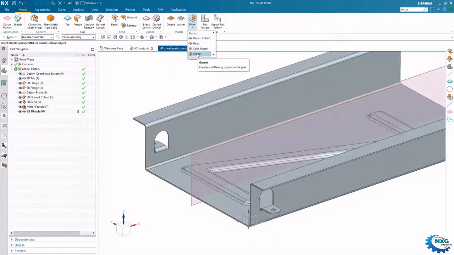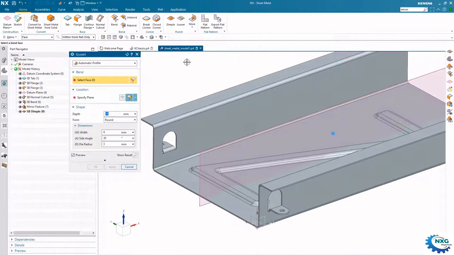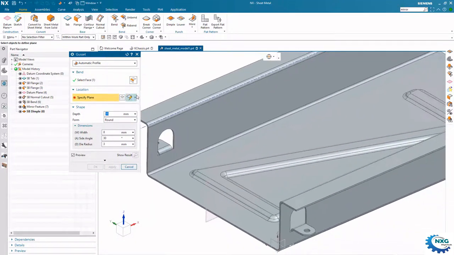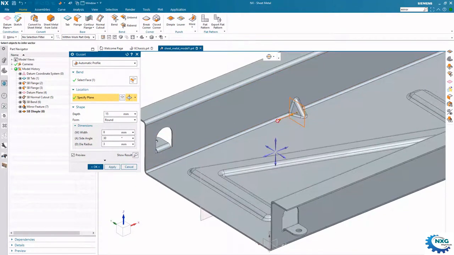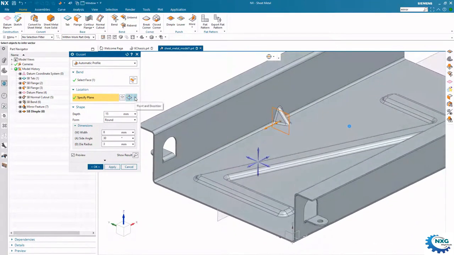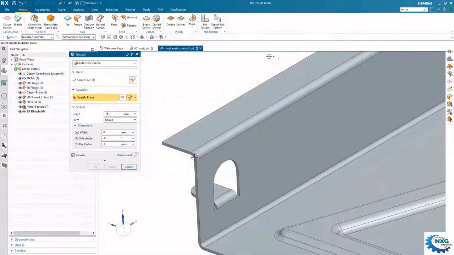So in this case, let's go ahead and select loop, create a gusset, and then we're going to select that inside bend radius, and then it's going to ask us which plane we want. We can just select different options, select a point, and quickly add that to the midpoint of this. And if we want to use different options, we can just go back to